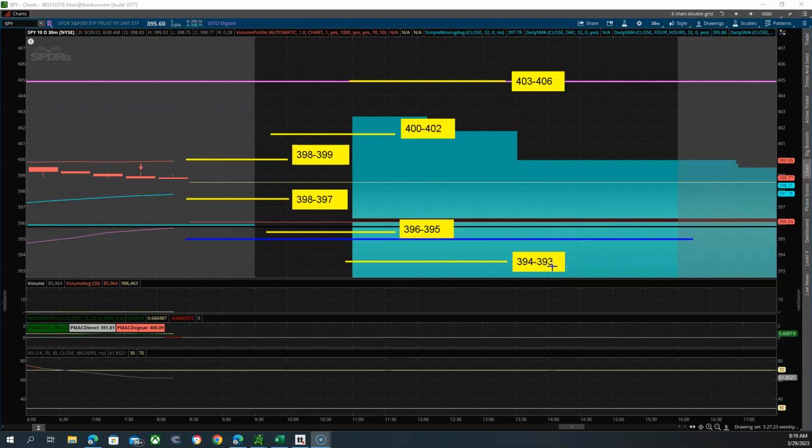The main thesis for today is bearish, closing below the 395.60 with a projected target low of between 395 and 393. The alternate, more explosive thesis is bullish, closing above the 395.60 with the projected target high of between 396 and 406. The main channel we're in is from 397 up to 416. The main channel below is 397 down to